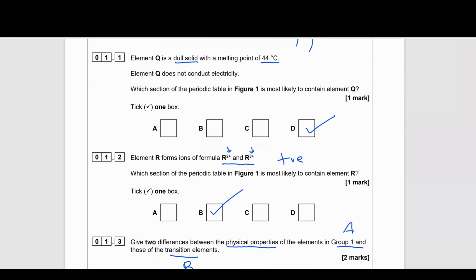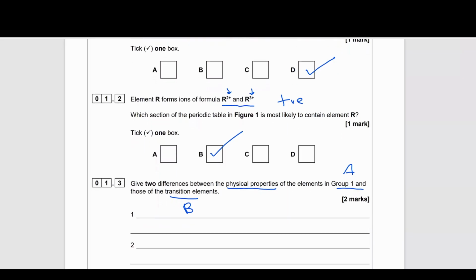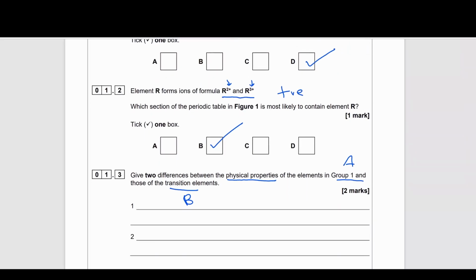Well, when we're talking about physical properties, we can't talk about how they're reacting. So we shouldn't be thinking about terms like reacting faster, more bubbles, because those are chemical properties. We want to think about physical properties such as boiling point, melting point, soft, and things such as that. So what can we remember about our transition elements? They are going to be hard metals, whereas our group 1 elements are going to be soft metals, meaning that you can cut them